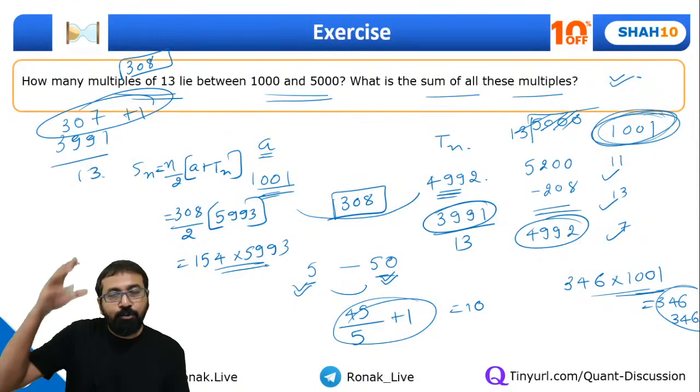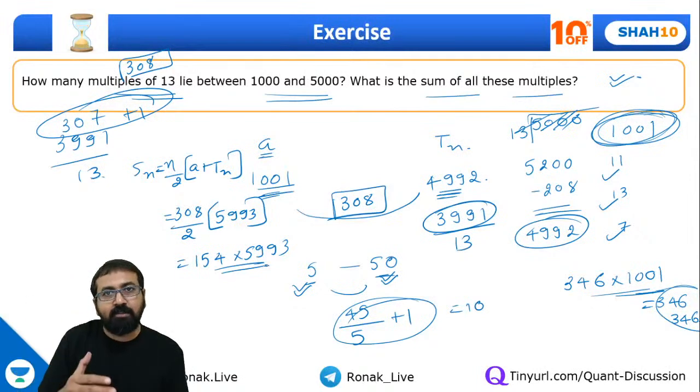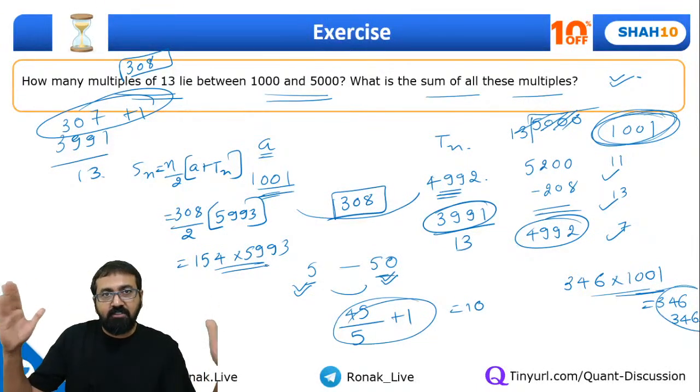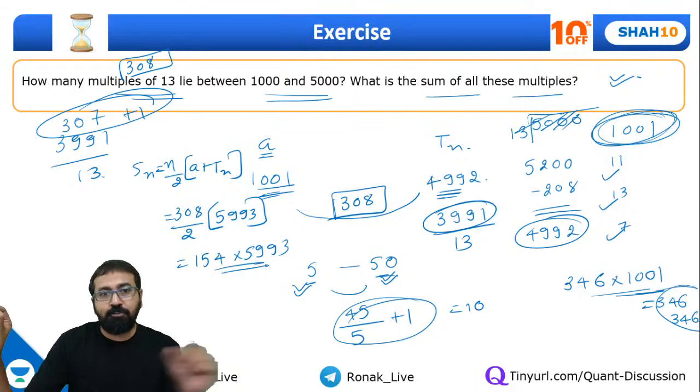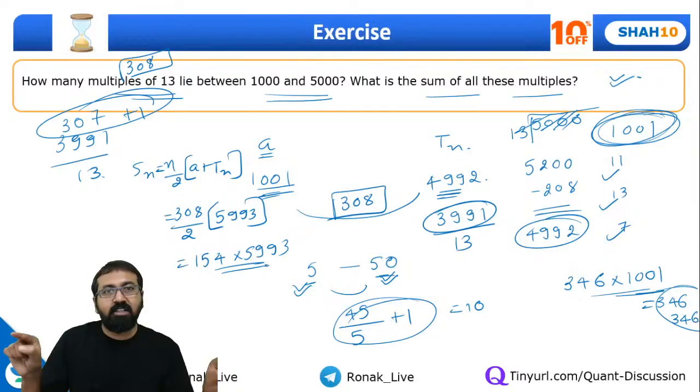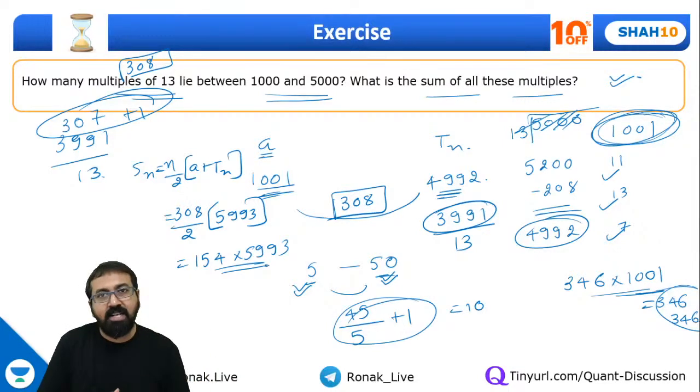Yes, everyone, have you understood this method, the complete method? How do we find out multiples of a given number in the given range? So if the first number is given and the last number is given, identify the first multiple of this particular number and the last multiple of this divisor, right? And then check the difference, then divide it by the divisor, and the number of terms will always be one more than that.